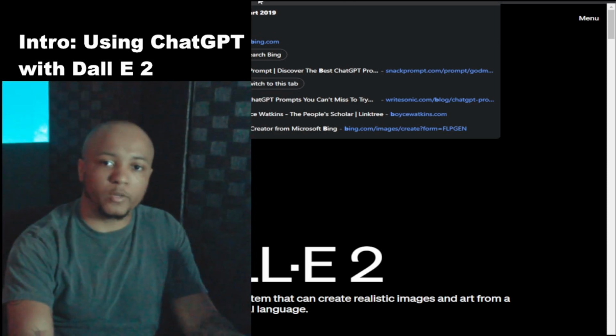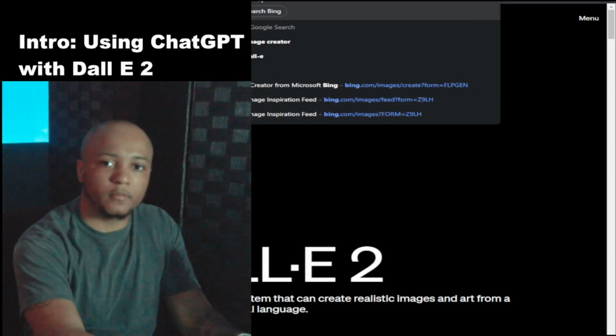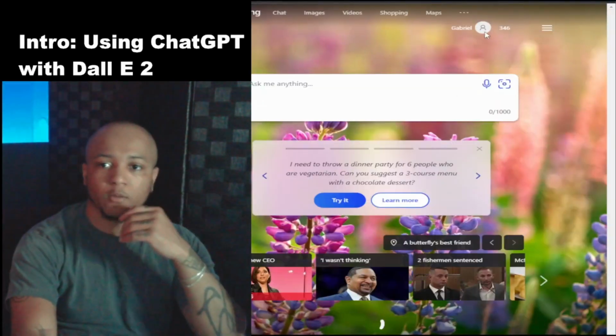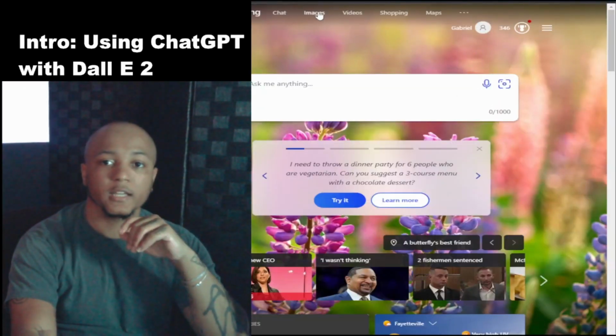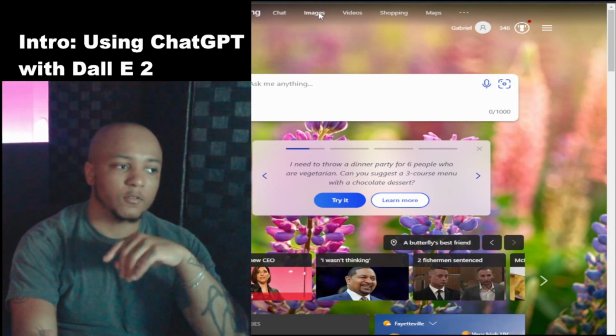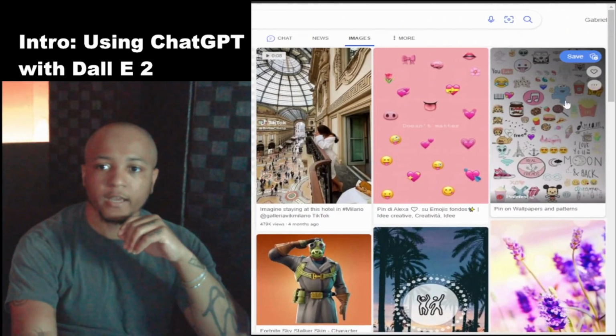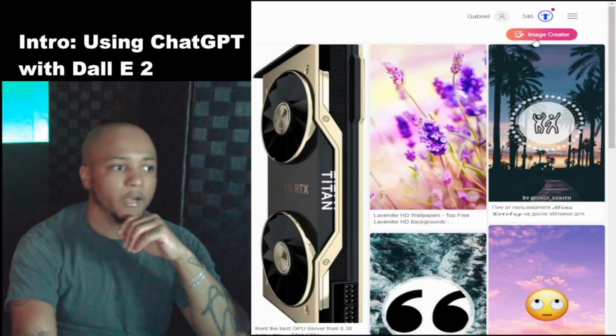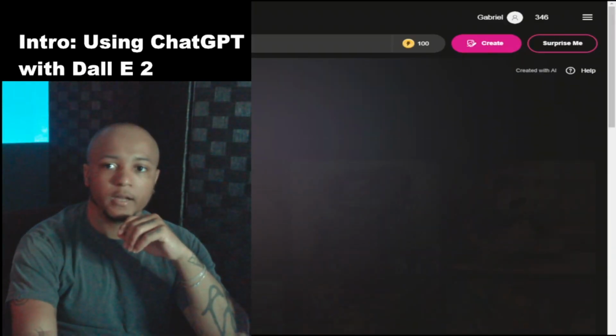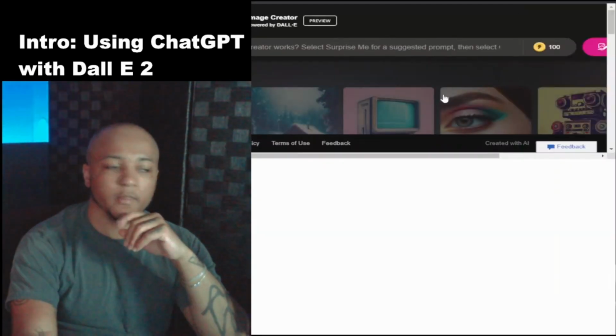So now what you do is go to bing.com, right? And once you get to Bing, you want to click here, actually, where it says images, right? You want to go to images, and then there should be a little tab somewhere right here. You see this right here? Image creator. You want to click that, right? Once you click the image creator,